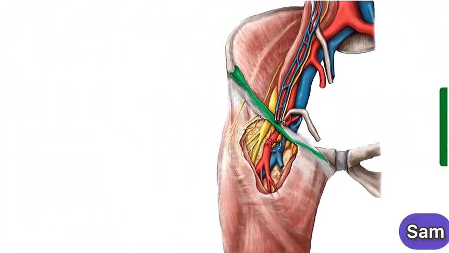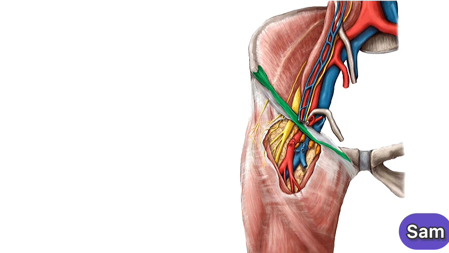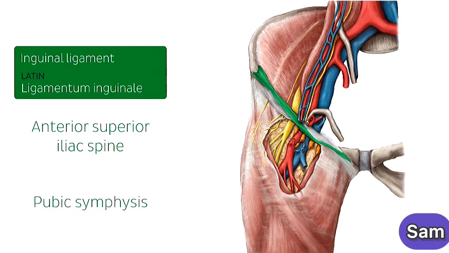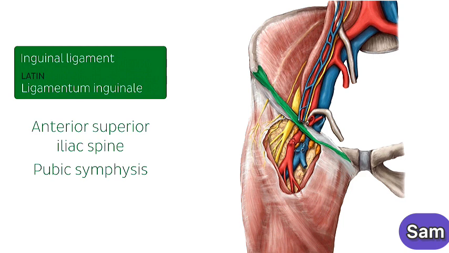Okay, so we've successfully established that the femoral artery is a continuation of the external iliac artery. But where does the femoral artery begin? The ligament highlighted here in green is known as the inguinal ligament. You can see in this image that the external iliac artery passes beneath this ligament. It passes under the inguinal ligament about halfway between the anterior superior iliac spine, which is an important bony landmark of the hip bone, and the pubic symphysis, which is a joint that unites the two pubic bones of the hip. The femoral artery is said to begin at this point, where the external iliac artery passes under the inguinal